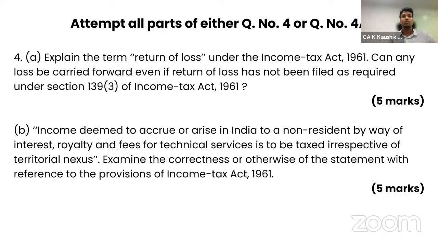So India follows 2 types of taxation: source-based taxation and resident-based taxation, irrespective of the territorial nexus. Territorial nexus means whether it is earned in India or outside India. So that brings the deeming fiction. The characteristic of deeming fiction is always there in the Income Tax Act. Of GST and income tax, the Act which has a lot of deeming fiction is income tax, where even though the income is not accrued, not received, not earned in India, if it is deemed to accrue or arise in India, it is going to be taxed in case of a non-resident.